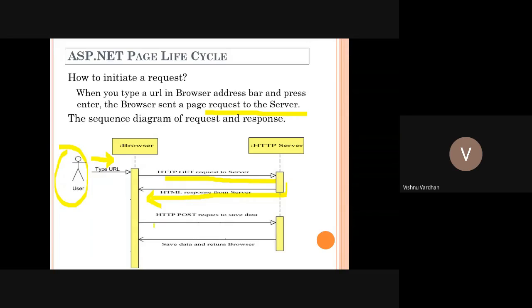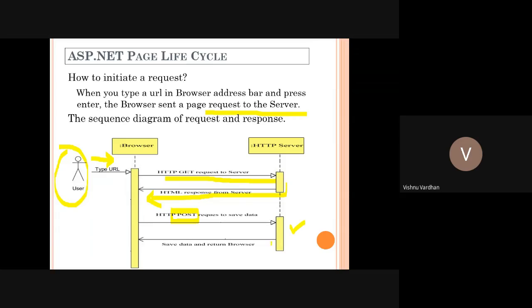Similarly, with a POST request, that means if you want to send some information in an embedded fashion, the POST request is again sent by the user, and accordingly the data will be processed by the server at the web server.